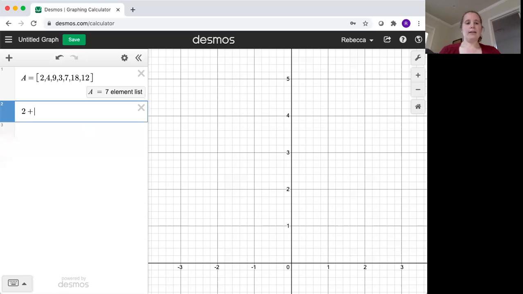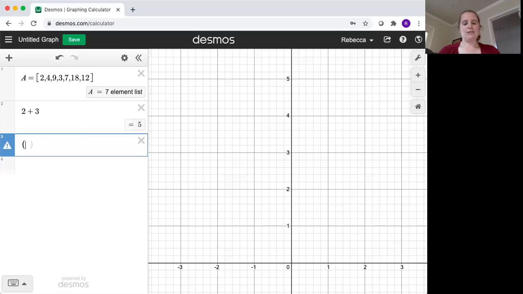For example, I can have it do 2 plus 3. It tells me that's 5. I can tell it to do 15 minus 7 and divide by 20, and it tells me that's 0.4.